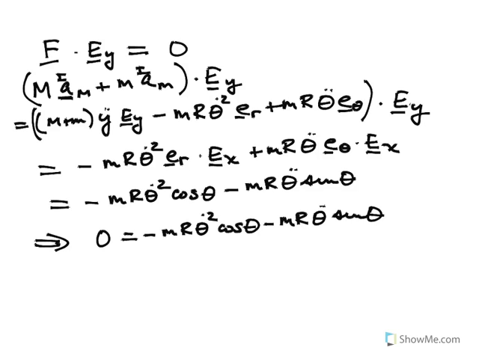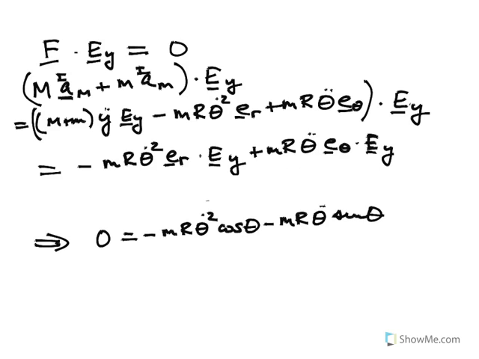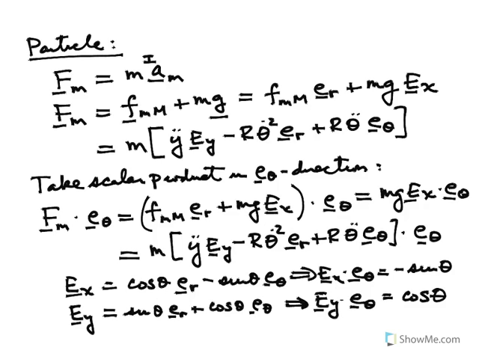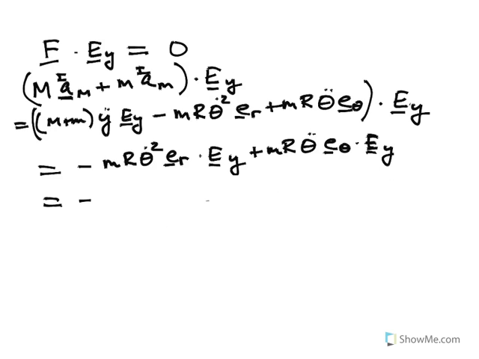Now we're doing all the scalar products with EY. And this last part actually changes: we get ER dotted with EY, and EY was actually equal to sine theta ER plus cosine theta E theta. So this gives minus MR, and then there's another term in here that actually needs to be included, and if we give ourselves a little more room,